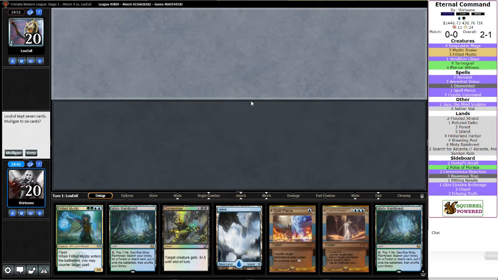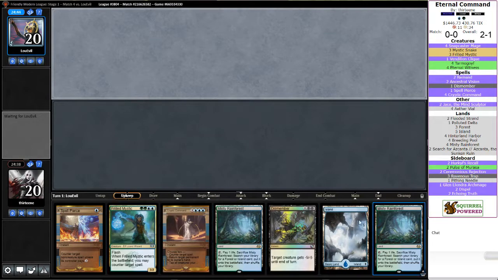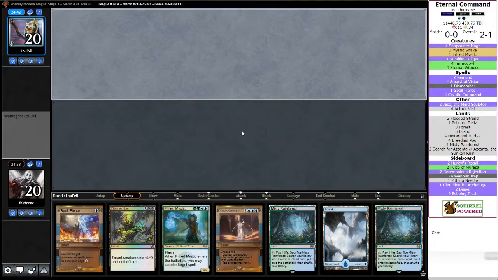Alright, well, we have a turn 1 Spell Pierce, but we're on the draw. We have a Dismember, we have a Cryptic and a Frilled, but we have 3 lands. This is what our deck wants to do, and that's part of the reason this deck isn't great at the moment. But it's what we signed up for when we queued up for this league, so...